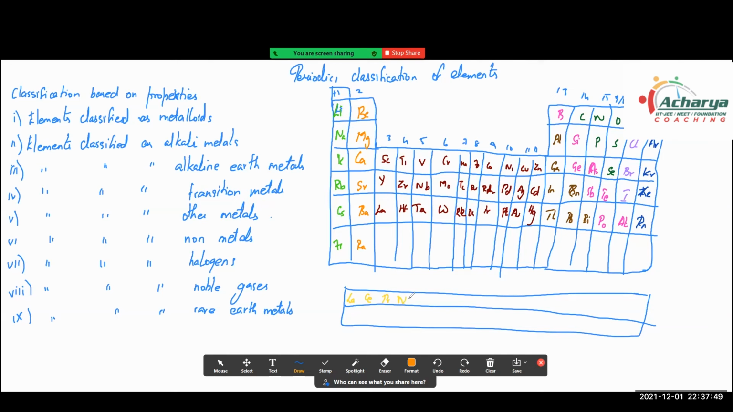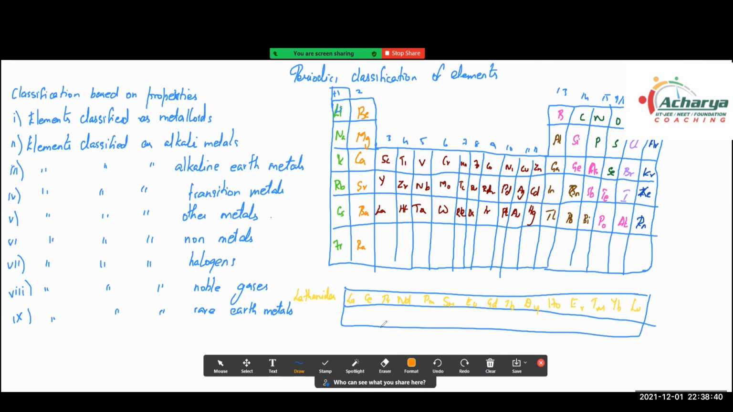neodymium is going to be Nd, promethium is going to be Pm, samarium is going to be Sm, europium is going to be Eu, gadolinium is going to be Gd, and then terbium is going to be Tb, and then dysprosium is going to be Dy, and then holmium is going to be Ho, and then erbium is going to be Er, and then thulium is going to be Tm, ytterbium is going to be Yb, and lutetium is going to be Lu. Similarly, this is the lanthanide series,